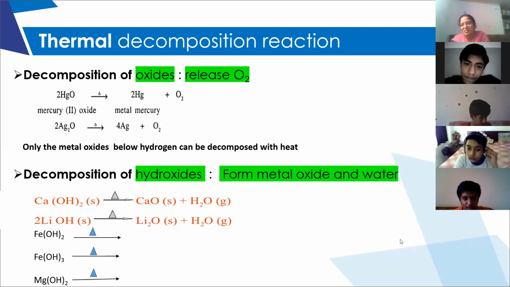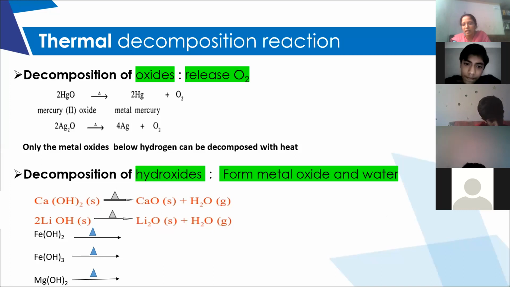We have to balance each and every chemical reaction. Children, while you are completing the reactions, make sure you balance them. In the exam, you will get 1 or 2 questions on balancing in these assessments. Clear? Got it? So the first type is oxides decompose to give element and oxygen. Hydroxides decompose to give oxides and water.